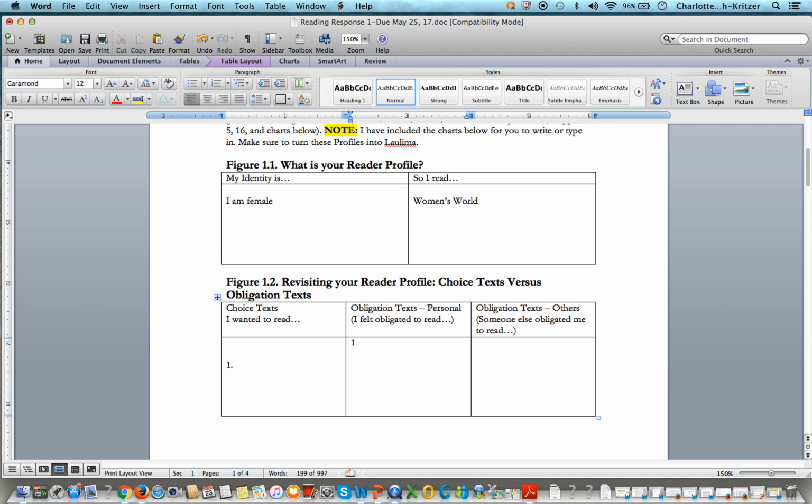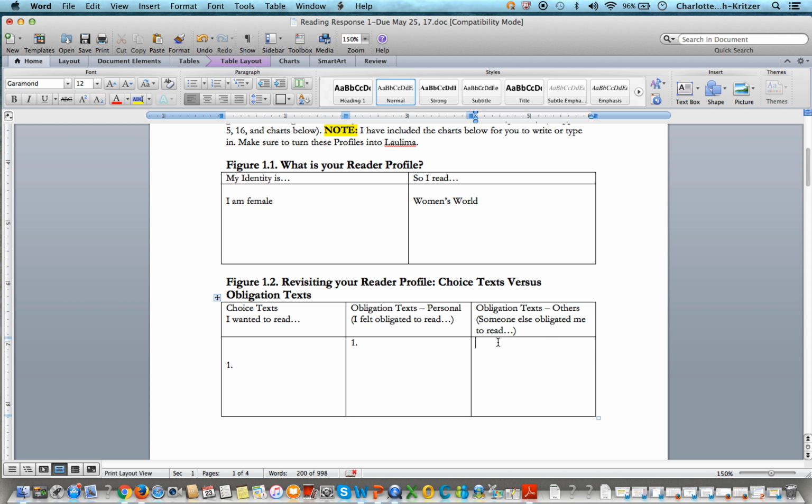Then you also have what's called, and Doug Buell gives you examples in the chapter, prove to me that you did the reading by following his lead. These are personal texts that you personally obligate yourself. So it's not like you want to always read these things, but you know you have to read them. No one else is telling you to read them, but you feel obligated to read them. So it's a personal obligation. So think about all the texts that you know you are obligated on a personal level.